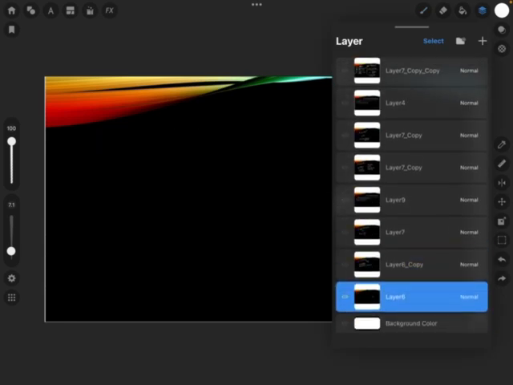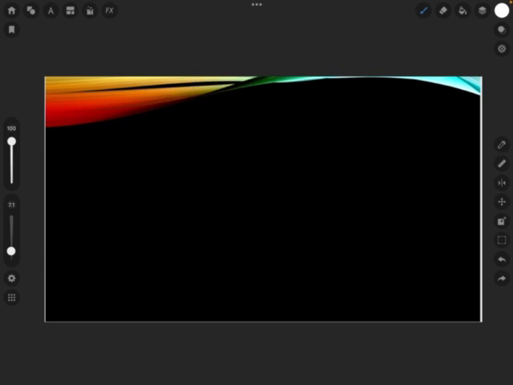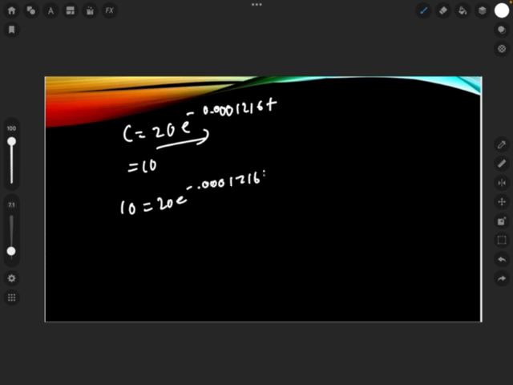And for the last part of the question, when will the total amount of carbon we have be equal to 10? I'm just using the equation. We want to know when this side of the equation will be equal to 10. So we put 10 on the left, and 20e to the negative 0.0001216t on the right. We get rid of the 20 by dividing both sides by 20 to get 0.5 equals e to the